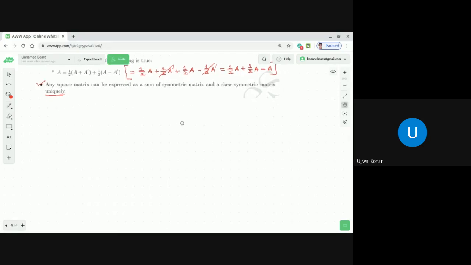So first of all, dear students, let A be a square matrix. Let me write in a different color, okay? Let A be a square matrix such that A is equal to B plus C. That means you are expressing A as B plus C, and I'm giving this as equation 1, in which